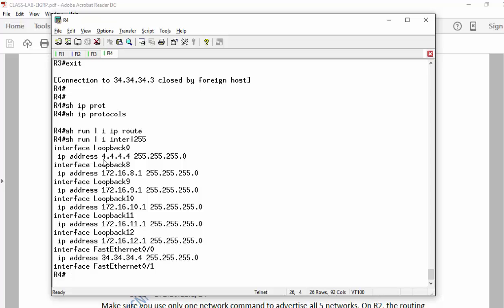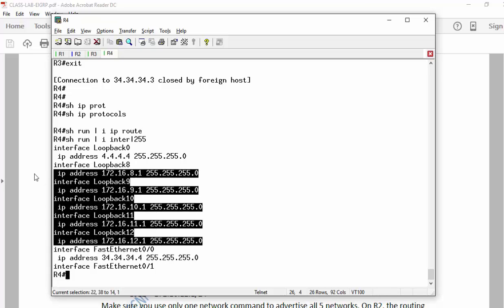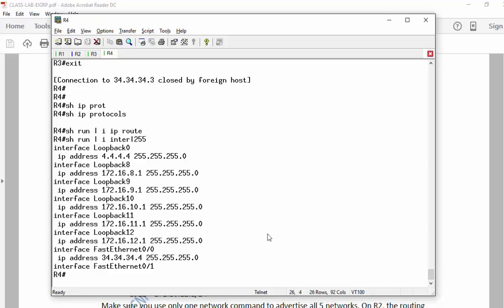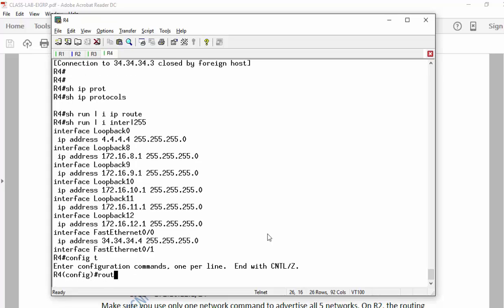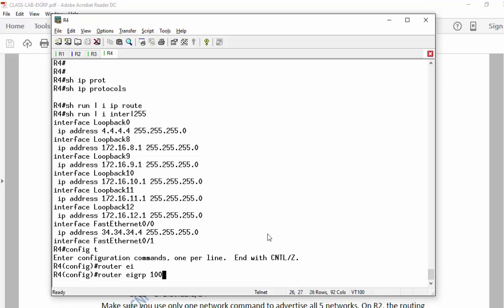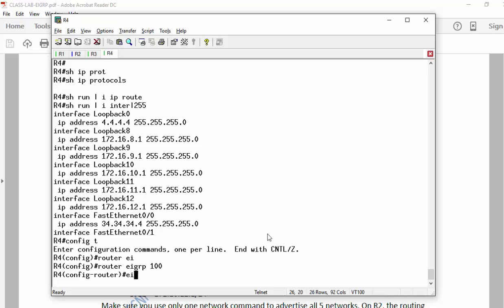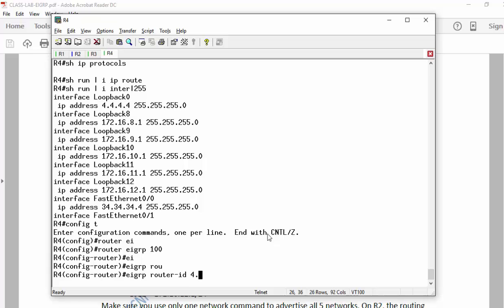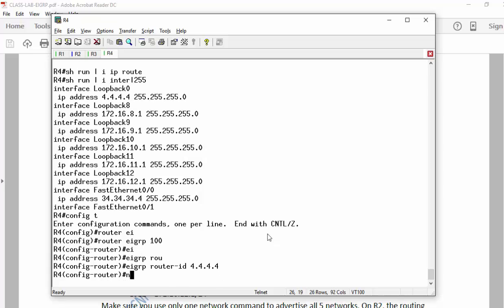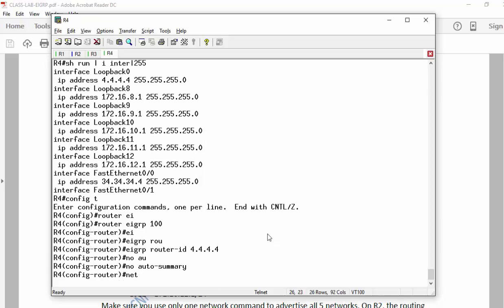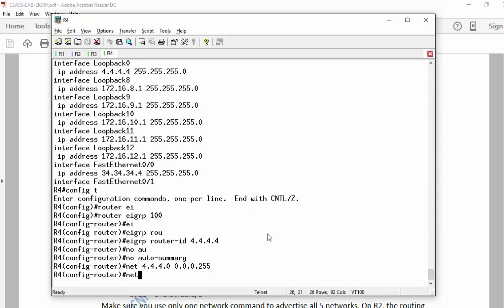So I'm going to do something advanced guys. I'm going to advertise 4 and I'm going to advertise the links, and later they are saying advertise all these loopbacks with 1 command. So let's achieve everything in one shot, then we'll go and read the condition. Show router EIGRP 100, EIGRP router ID 4.4.4.4, no auto summary, network 4.4.4.0,